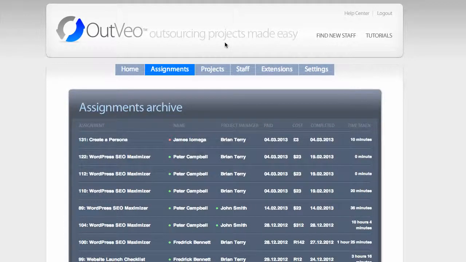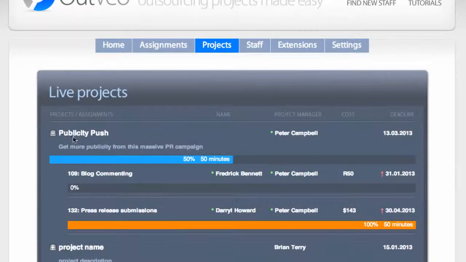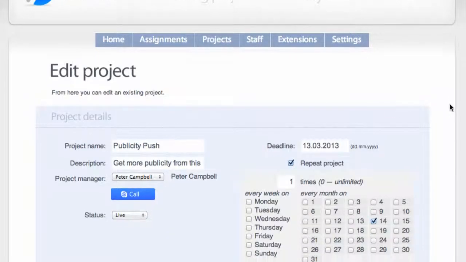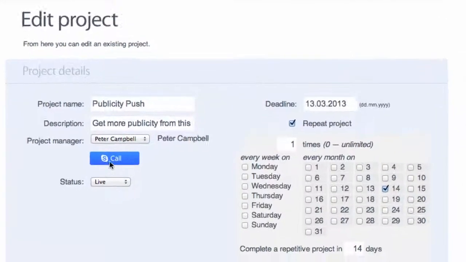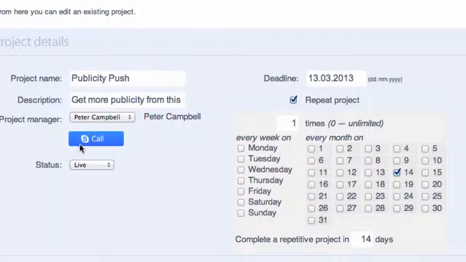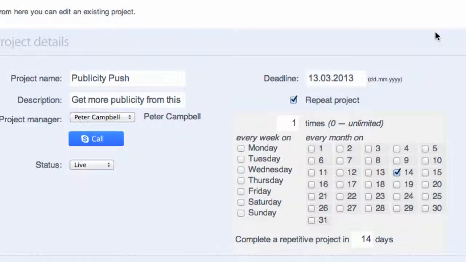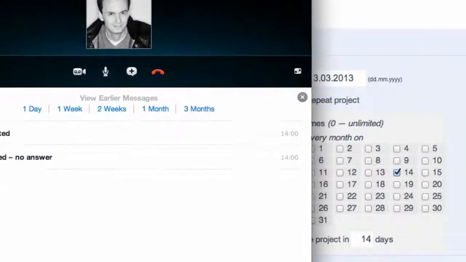And I'm going to start off with projects. If I just click on projects, that's going to take us to our list of what we have here. I'm going to click on this first one, and that's obviously taking us to our edit project page. Now there's one thing I need to point out on this page, and we've got this blue button here which says call, and you probably recognize it's got a Skype logo there, and that simply means if I click that button it's then going to launch the Skype software, just as we see here, and it's now making a call,